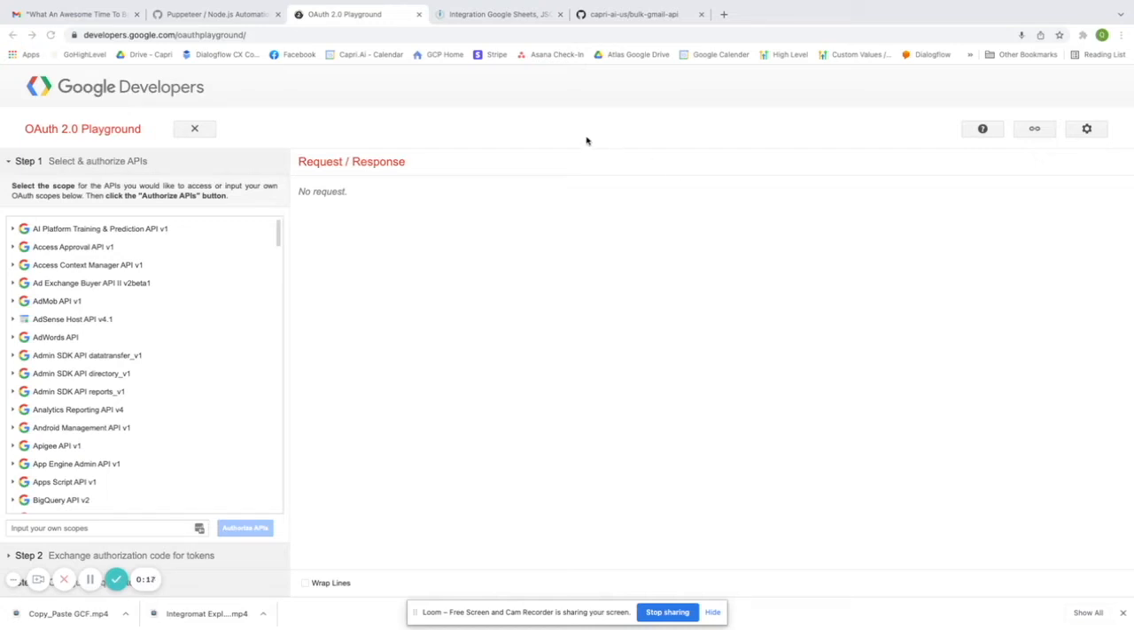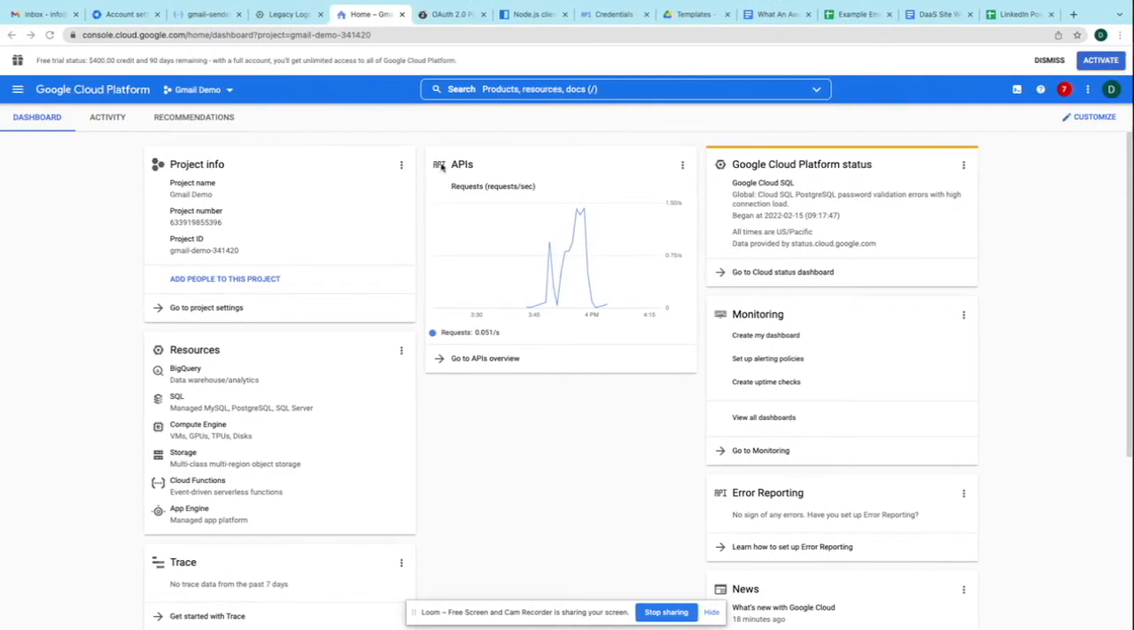The first site that we need to have open is developers.google.com/OAuthPlayground. I'll have it in the description down below. And then the next place we need to go is console.cloud.google.com. Now, if you have not set up a Google Cloud Platform project yet, pause the video, go through the process,